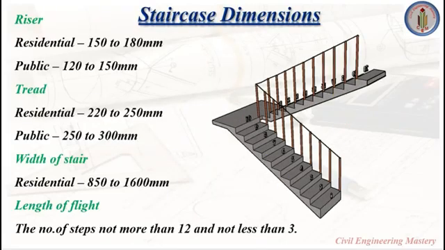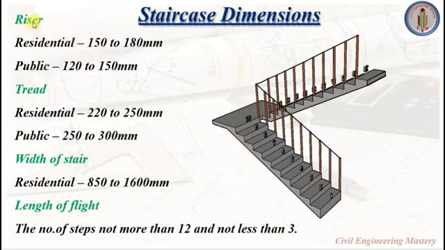Next, coming to the staircase dimensions. It is very important to know about all the staircase dimensions. From this image you can see the staircase is arranged in such a way that here is one flight and there is a landing and here is another flight and a number of steps are arranged here. So how do we do that? We need to know the proper dimensions, right? With the help of the dimensions we can arrange this much is the riser size and this much is the tread size and this is the staircase width we are providing and this is the landing we are providing. So we need the dimensions, right? That is what we are going to discuss here.